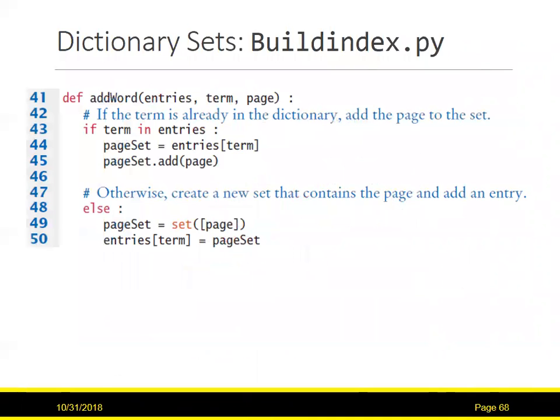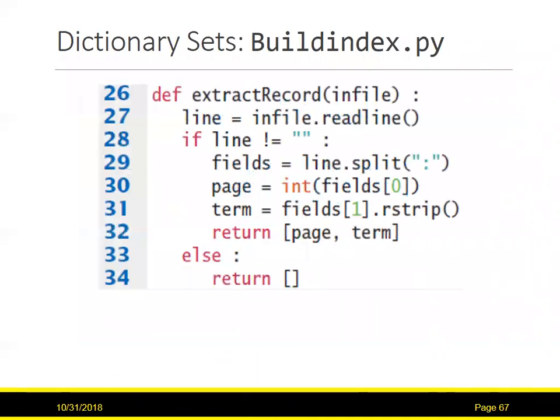So it shows the extract record code from earlier, except this time it's changed slightly. So we're not calling it country and population. We're just calling it field 0 and field 1. And then we're returning